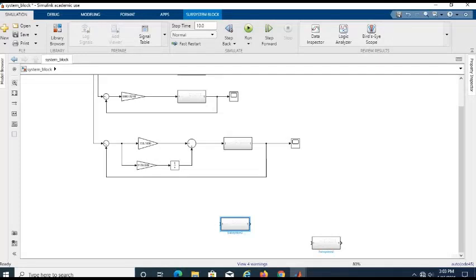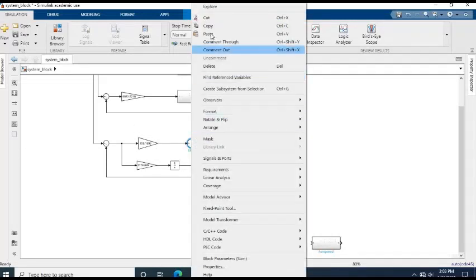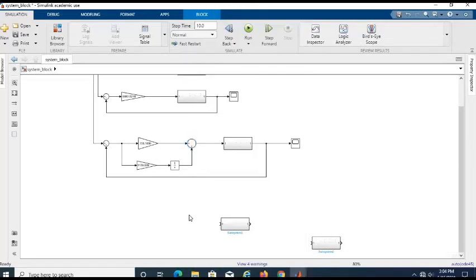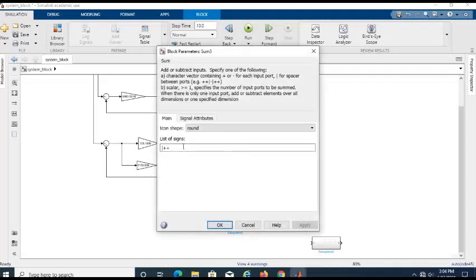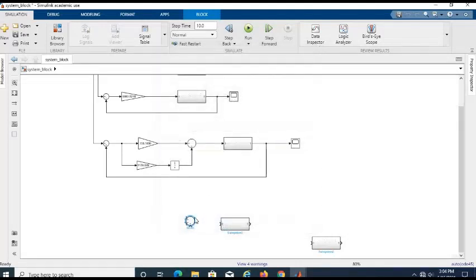Manual tuning means we need this copy. Now we plus it 1.